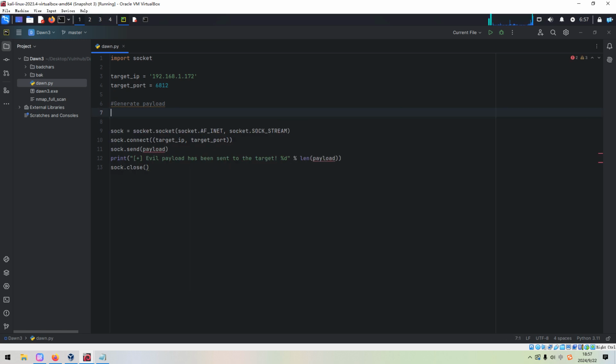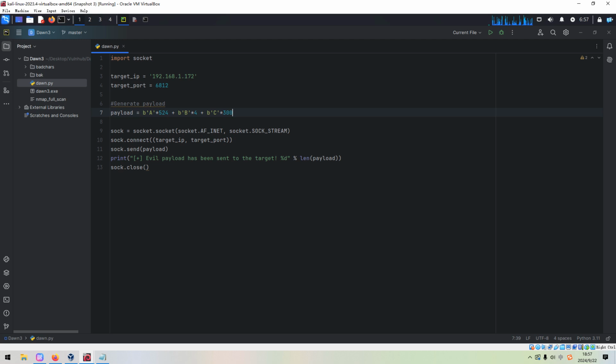Maybe we can just remove this, and the payload should be A multiplied by 524, and then uppercase B, and C, for example, 300.